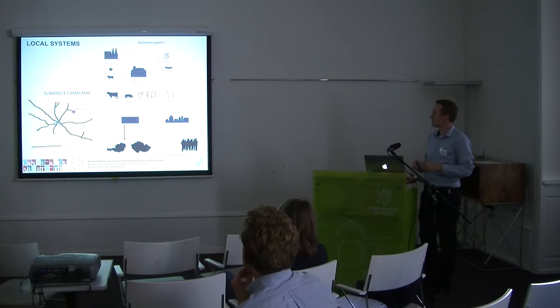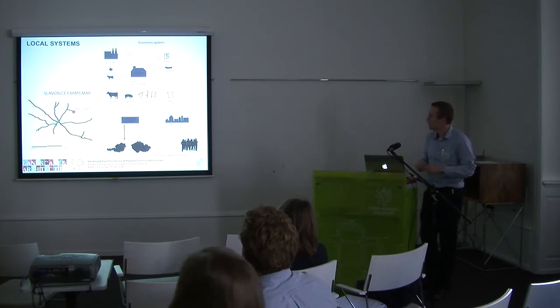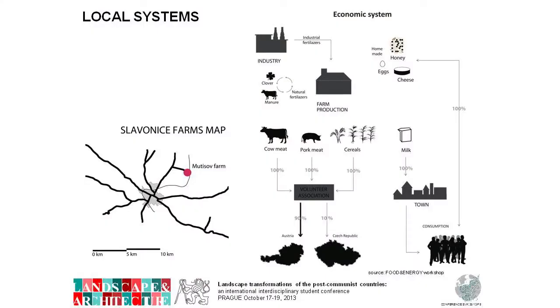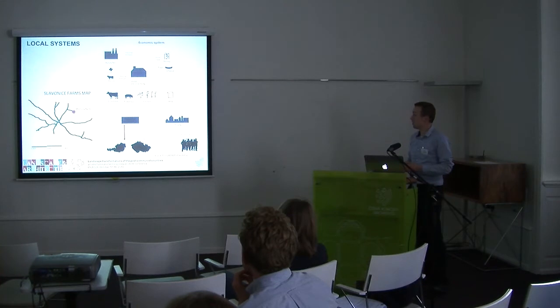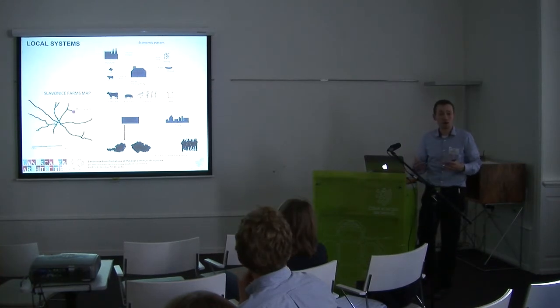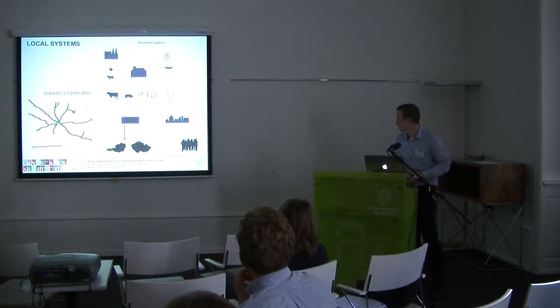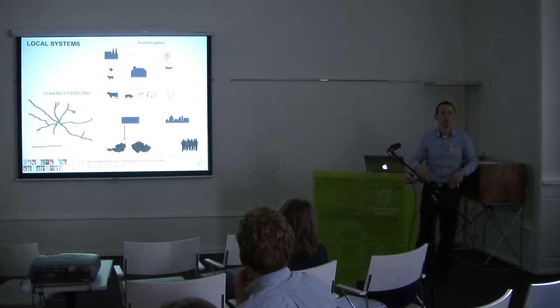You can also see in the small picture that in the Slavonice area there is just one small farmer today that provides food for locals. Other farming activities are more global today. Also, around 80% of the meat produced in that area goes to Austria, and not just the meat, also other commodities